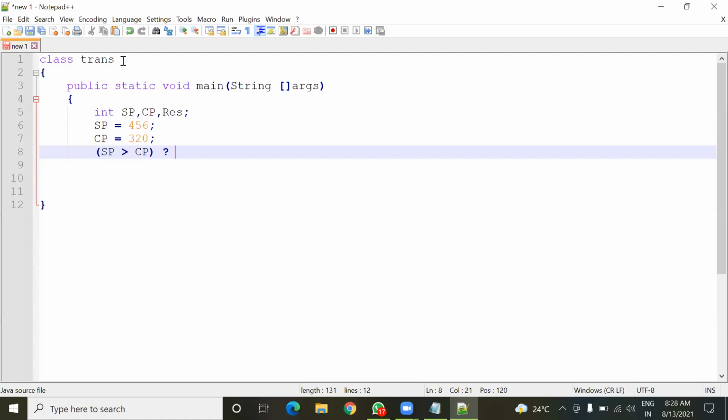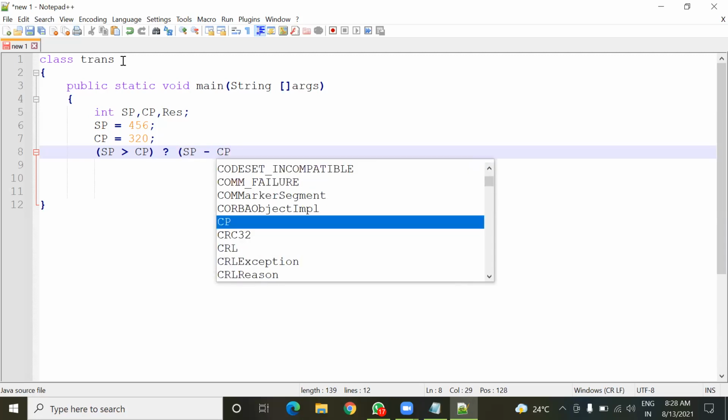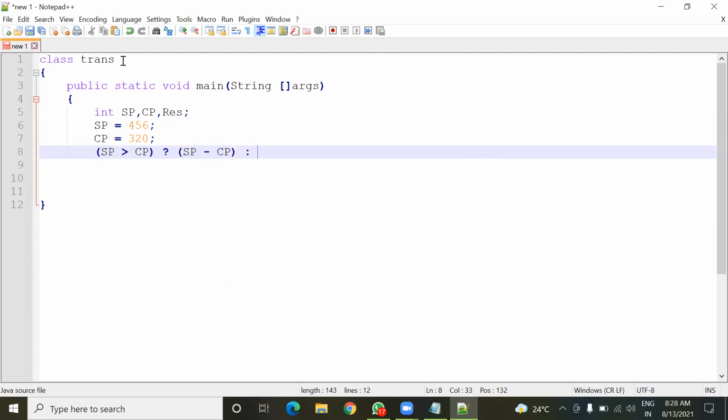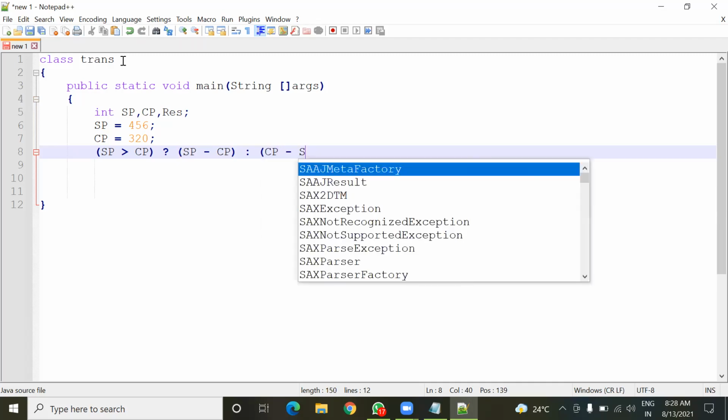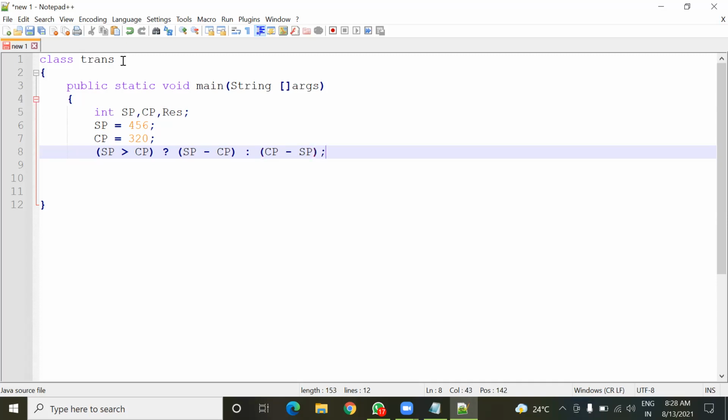If it is true, then here will be sp minus cp, and otherwise cp minus sp, like this. So listen here, students, whatever the result, sp minus cp or cp minus sp, that should be stored somewhere now.